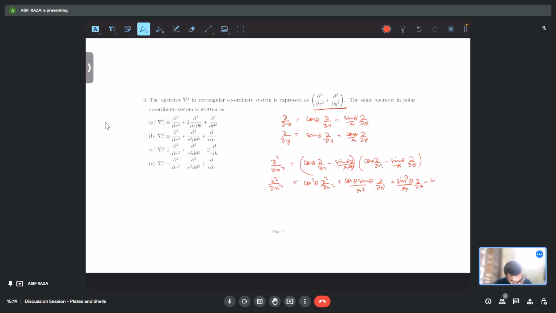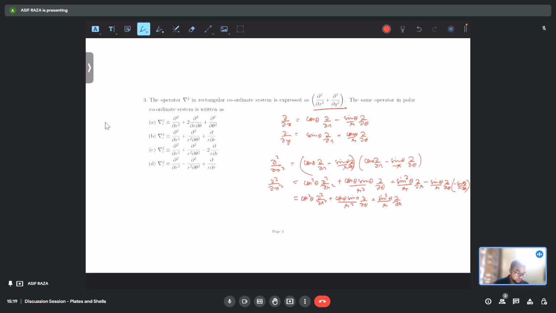Okay, so let me take this minus sin theta by r times 1 upon, okay, this could be complicated, let me write it properly, ∂/∂θ of, this is minus sin theta by r ∂/∂θ, this is cos theta ∂/∂r squared plus cos theta sin theta by r squared ∂/∂θ plus sin squared theta by r ∂/∂r minus,